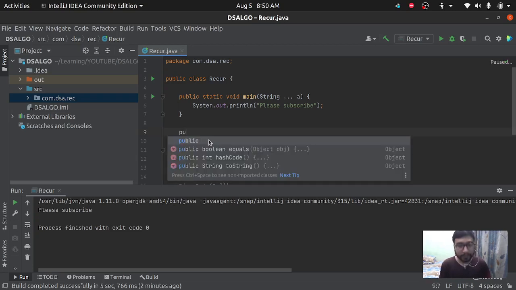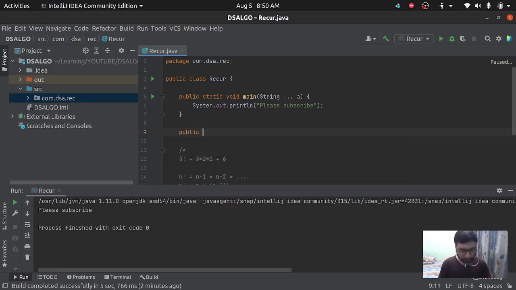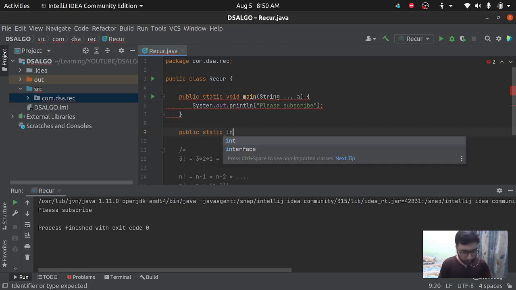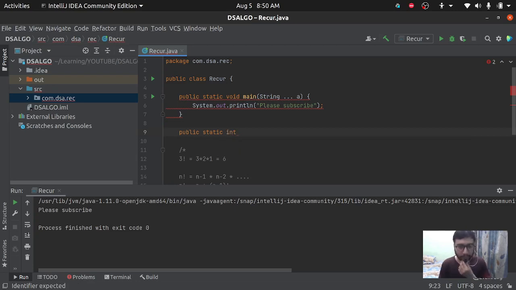So let me write a method first. This method will be a public method. I will make it static because I am not going to create an object of this class. I will be calling this method directly from the main method without creating an object of this class, so that's why I will put static over here. This will return an integer value, because when we are trying to get a factorial for the integer number, I'll be returning the integer value only for that method. So factorial, and it will take an integer number as well, which is called num.